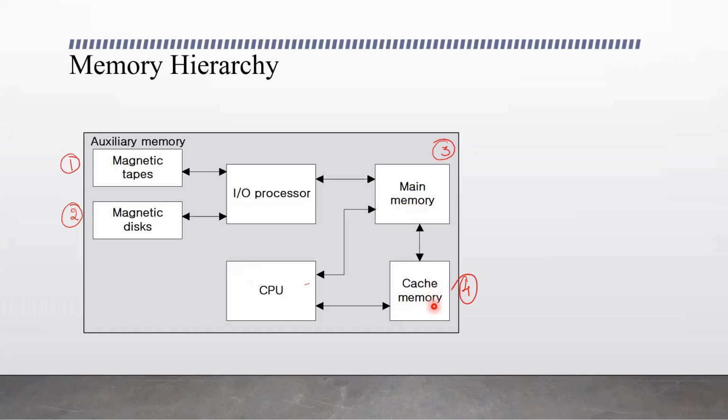This cache memory is a high-speed memory that transfers data and programs at high speed to the processor. This increases the speed of processing. Generally when we compare the speed of the processor and the main memory, the processor is the faster operating device. So cache memory is used to compensate the speed difference between the CPU and main memory.